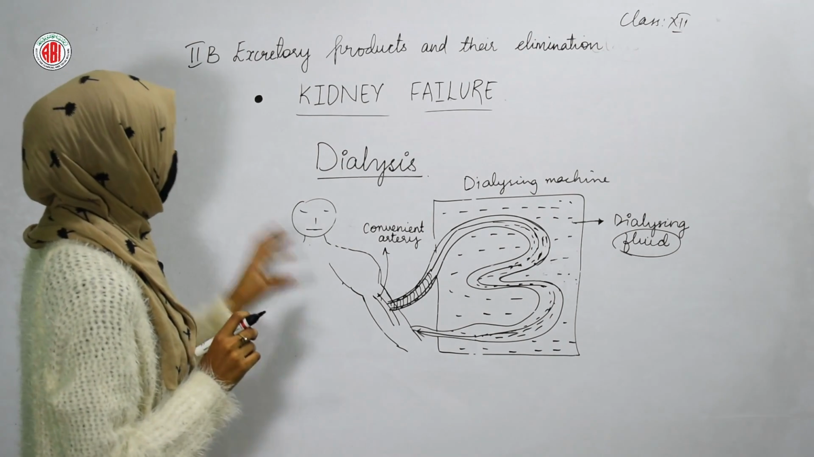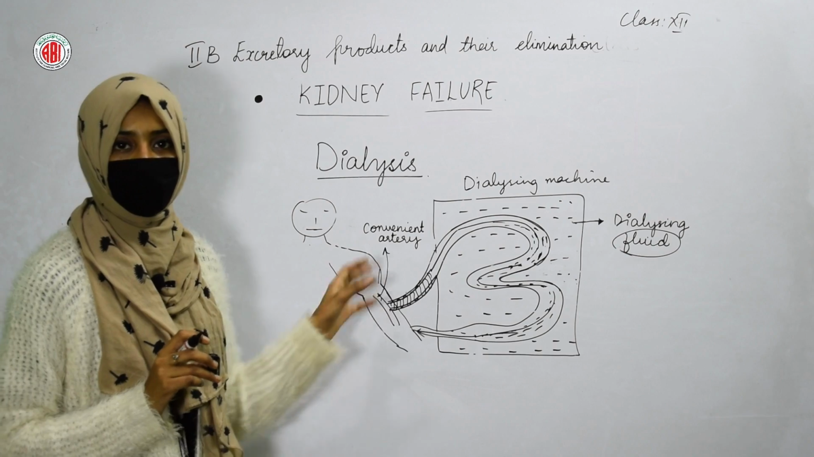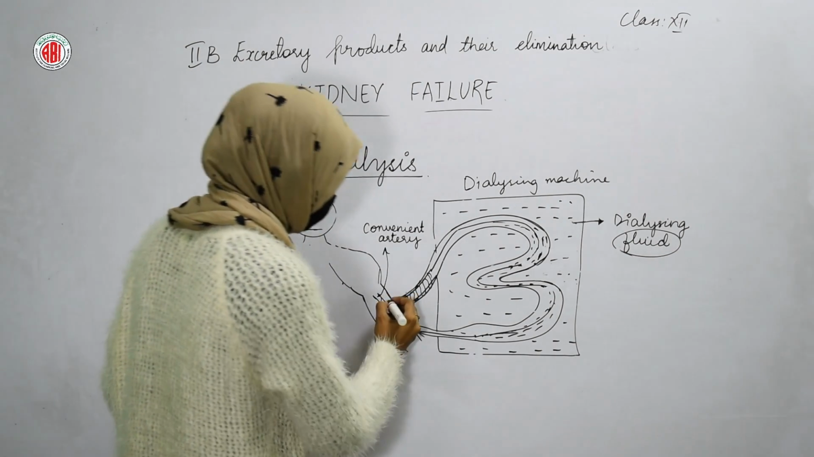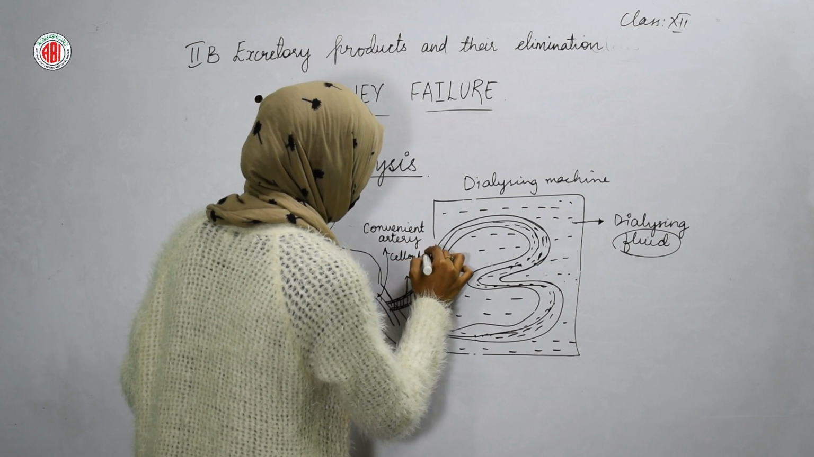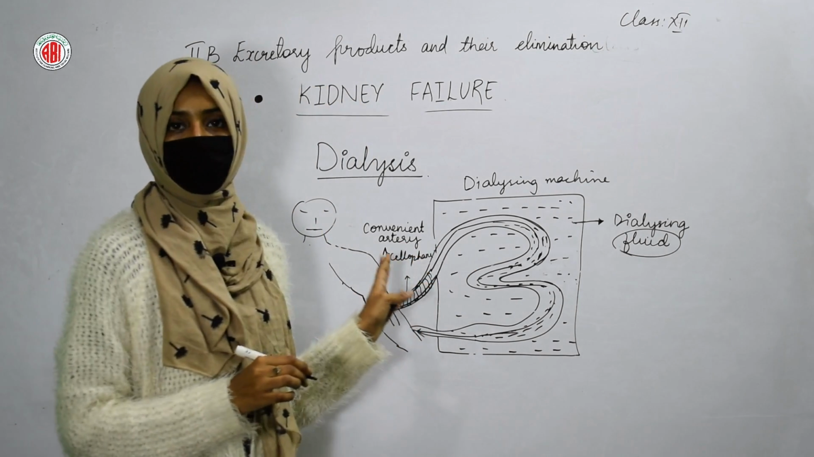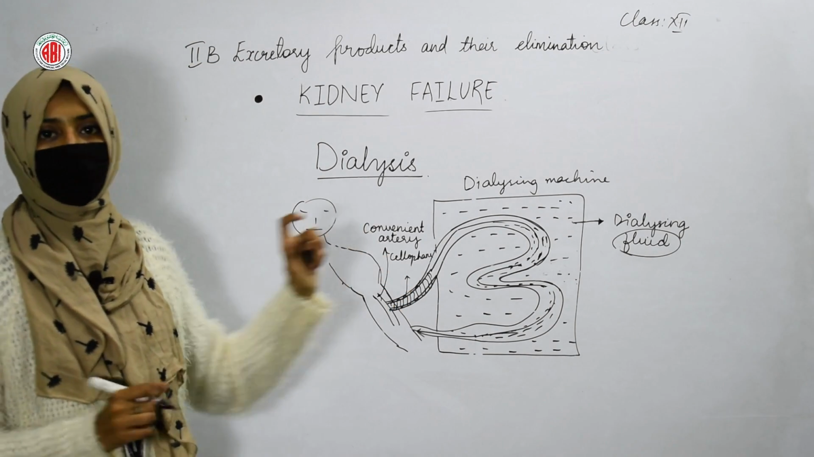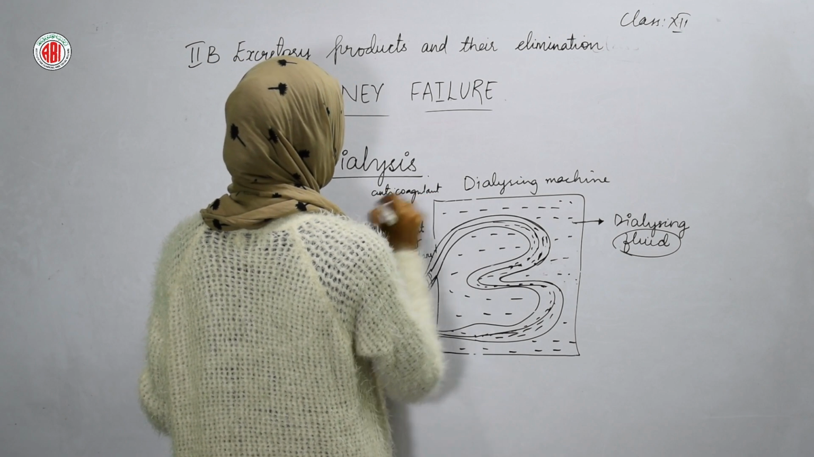So we can take the blood by choosing a convenient artery. Once the blood is taken out from the convenient artery, it can be transported into the tube-like structure which is made of cellophane. So a cellophane tube is present into which the blood is transported. Once the blood enters into the cellophane, we can add an anticoagulant here, and the name of this anticoagulant is